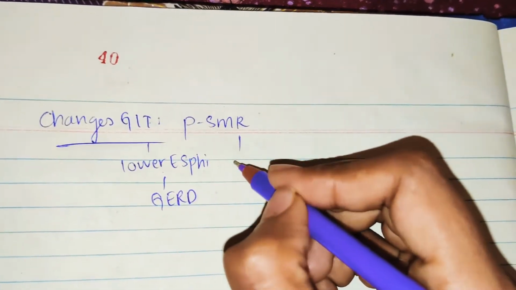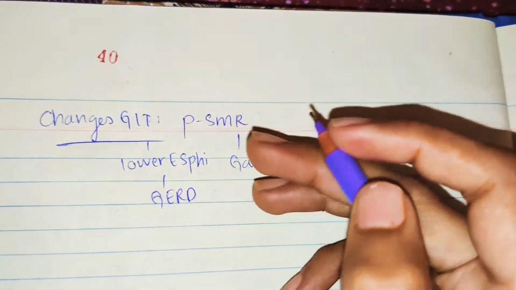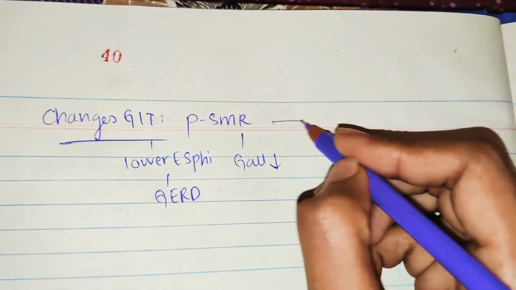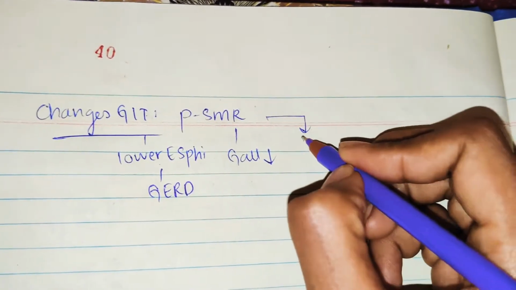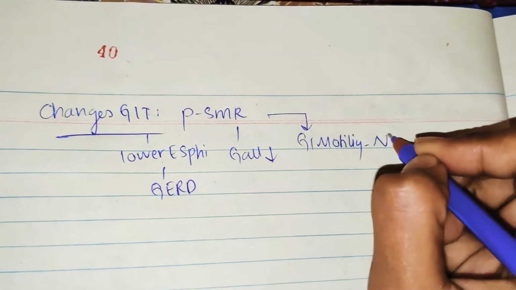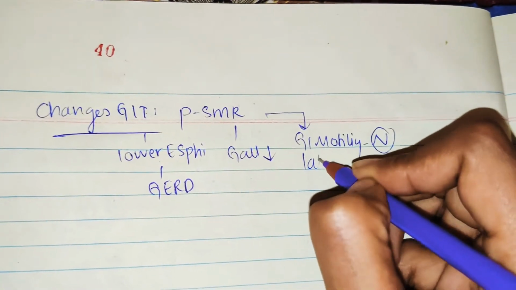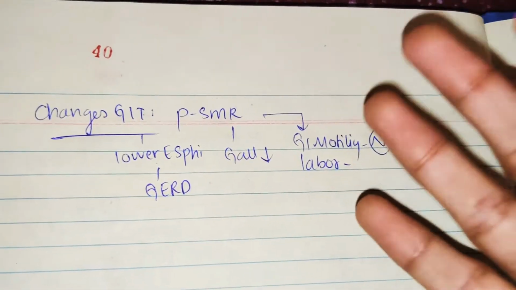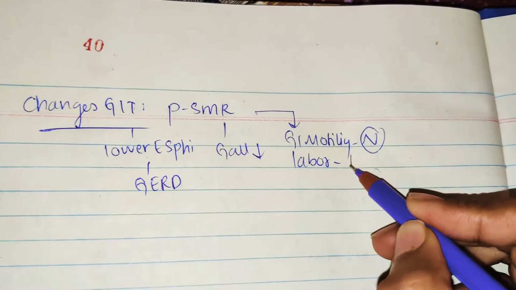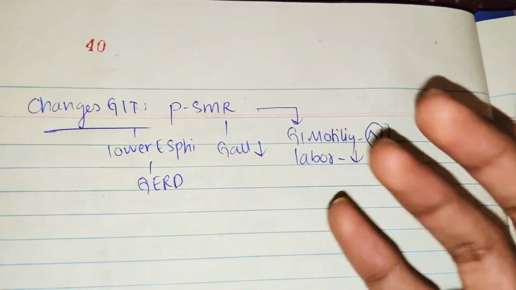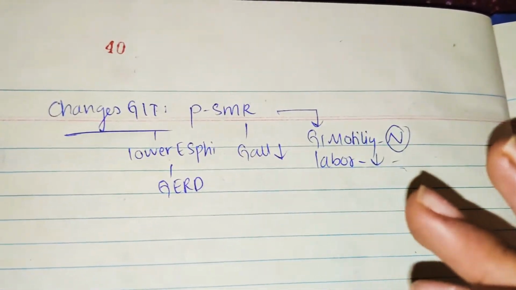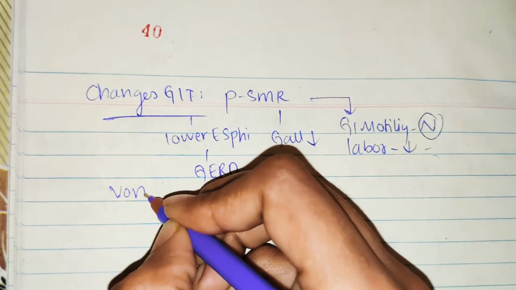So the food which we eat may also come into the esophagus in pregnancy. Next, coming to the gallbladder, what is going on? The motility of the gallbladder is decreased because progesterone is a relaxant. Another function is GI motility. The GI motility is normal in the antenatal period, but during labor, progesterone will act on it and the GI motility is dropped. When the GI motility is dropped during labor, pregnant females should not eat that much because the GI motility is low.